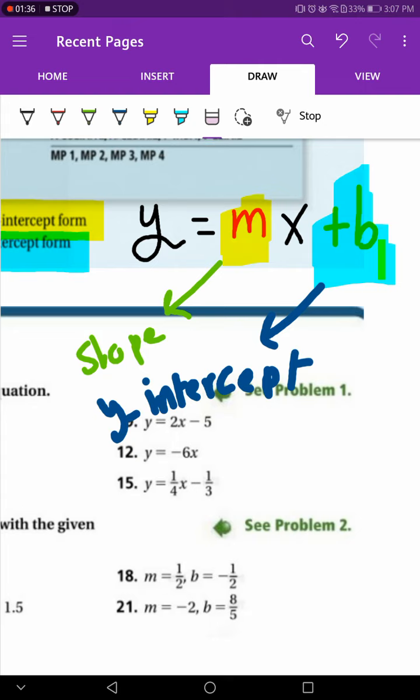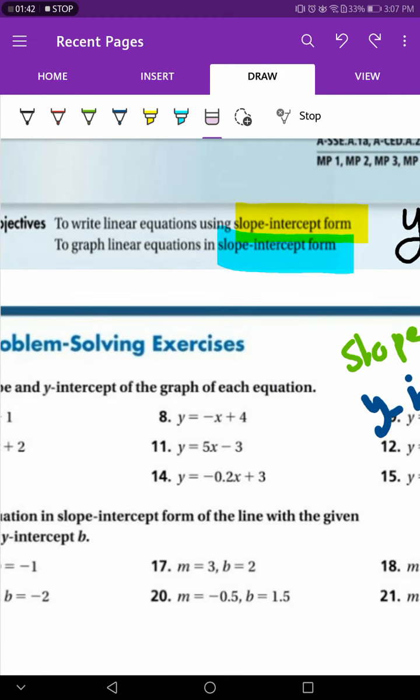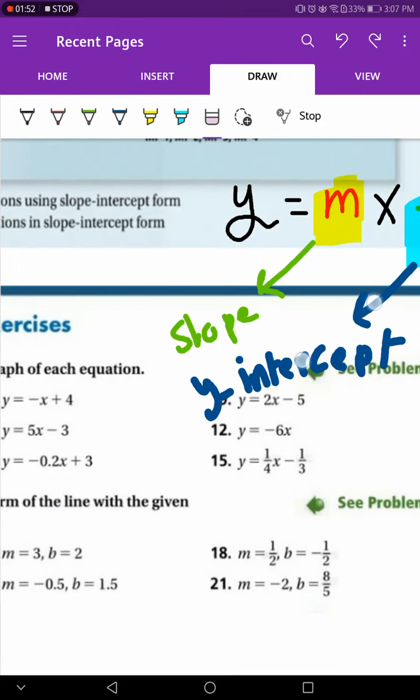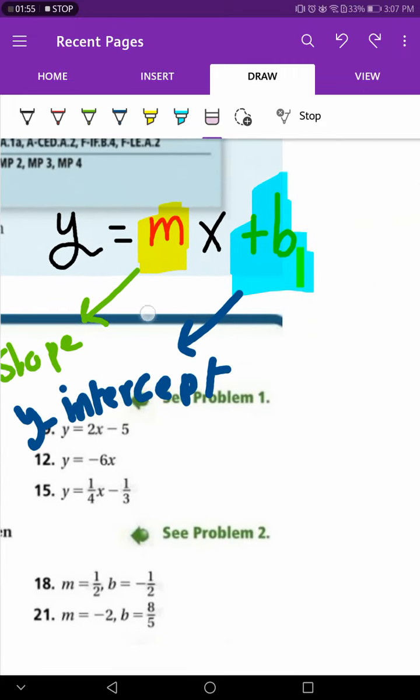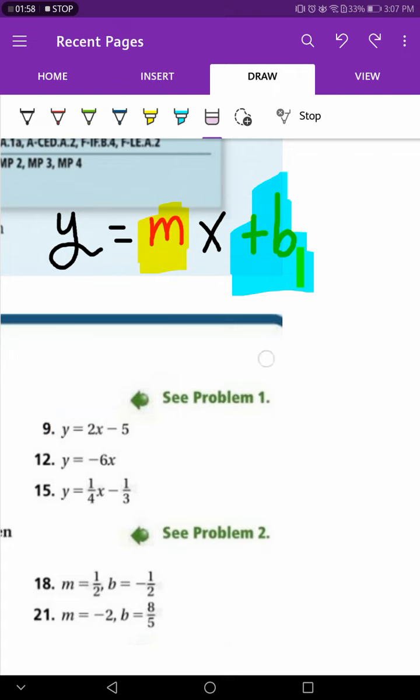Again, the objective is to write linear equations using slope-intercept form, and to graph linear equations in slope-intercept form. And let us start. And again, my dear student, memorize this: y equal mx plus b. I will explain to you everything, okay? You will be happy after this video, I'm sure. So let us start with